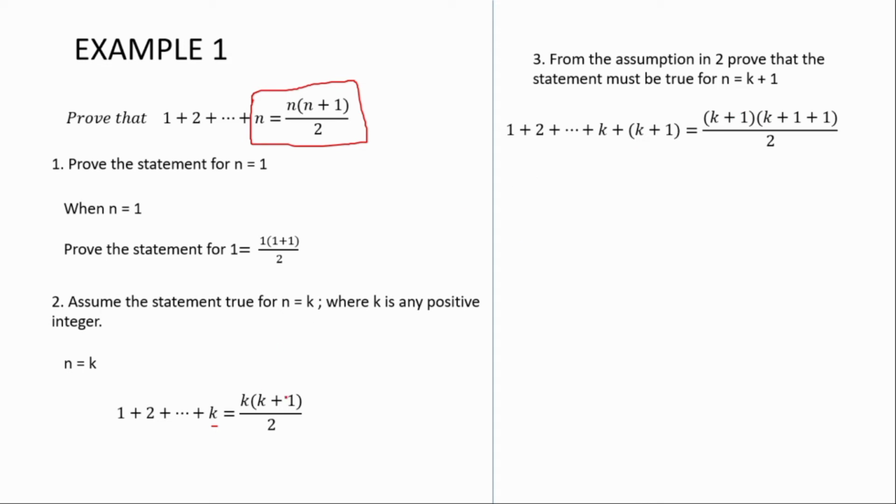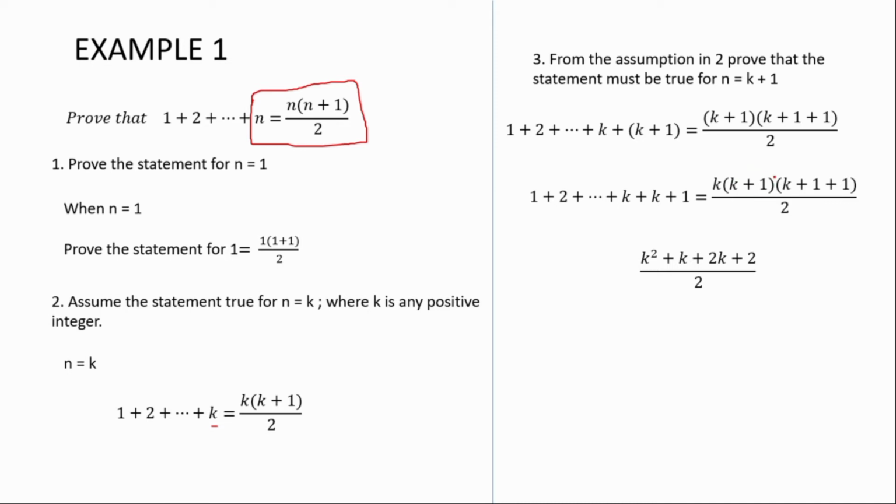So now, we know that this k is k plus 1. This side, we have k plus 1 already, so it will be k plus 1 plus 1. Here will become k plus 1, this will be k plus 1, and that will be k plus 1 plus 1 over 2. So when you simplify that, you're going to get k into bracket k plus 1, k plus 1 plus 1. From here, what you need to do is